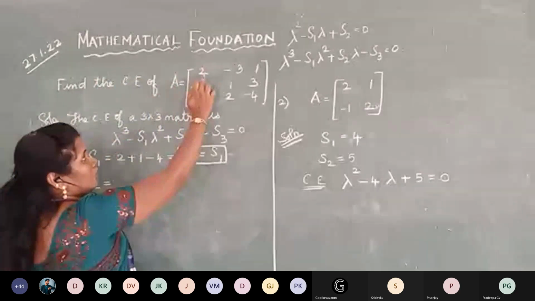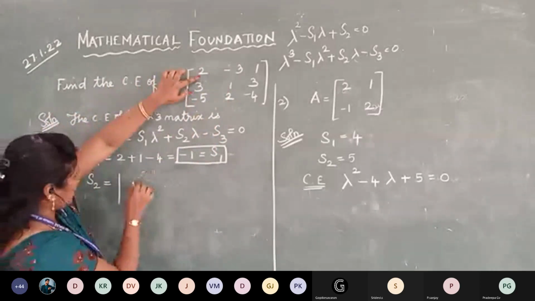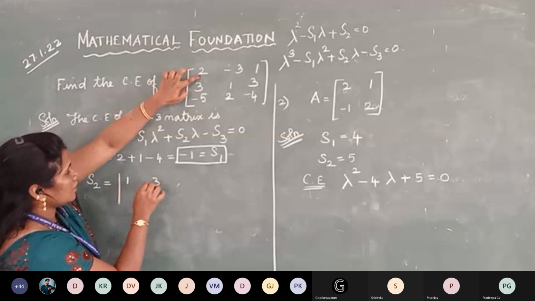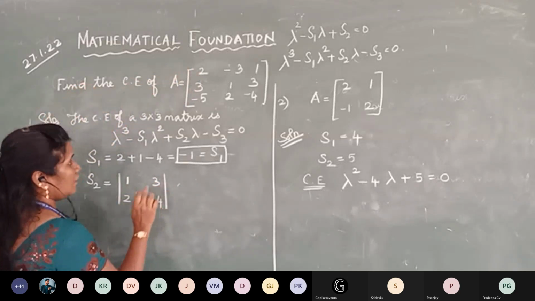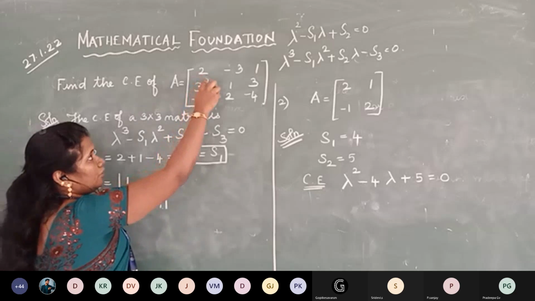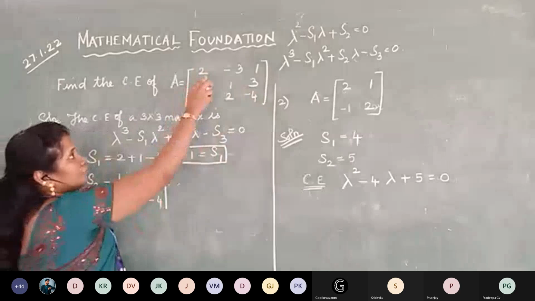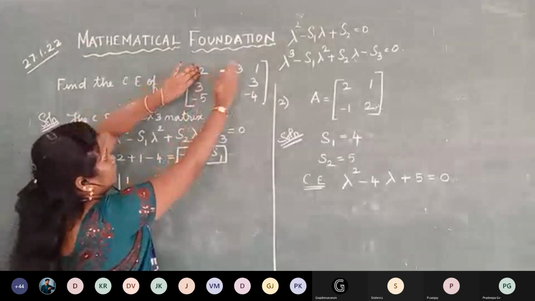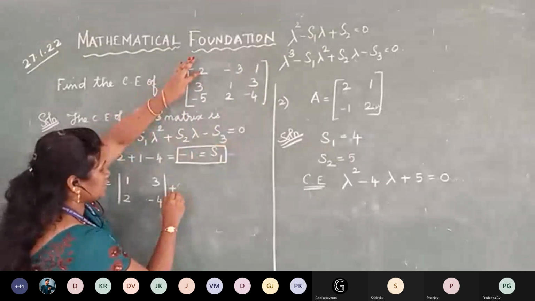So what is the minor of this 2? It is 1, 3, 2 and minus 4. Your minor of this 2. We are going to write the minors of these diagonal elements. So for the minor of this 2, you will close down this row and column. So 1, 3, 2 and minus 4. Then plus